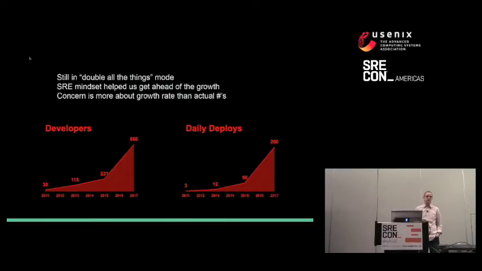Could you allude to some of the numbers, because it's almost impossible to read? Okay. Yeah, it's not very great with this lighting, is it? This is the number of developers we have in the company. Right now we have just under 900 developers. So we'd gone from about 30 developers to 900, and we'd gone from about 3 deployments to production a day in 2011 up to currently about 250 or so deployments to production of different services. So the rate of change is going up, and the number of people involved is going up very fast.